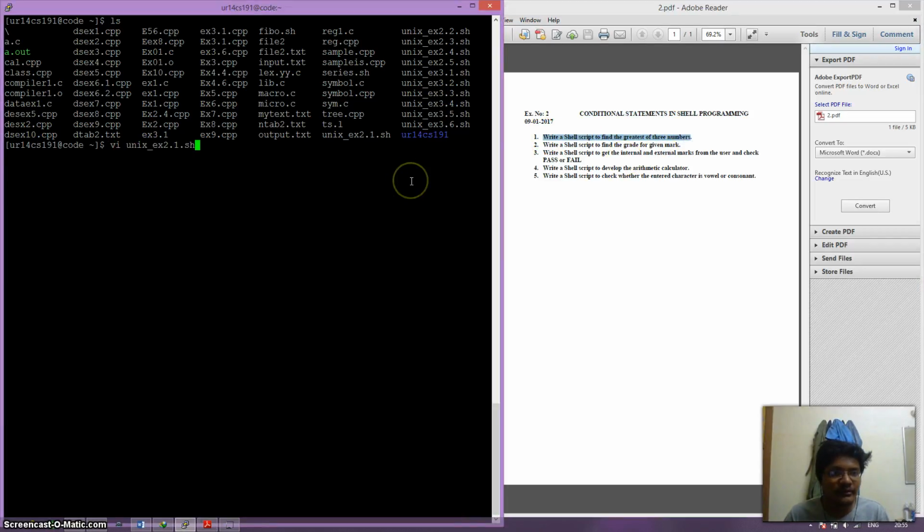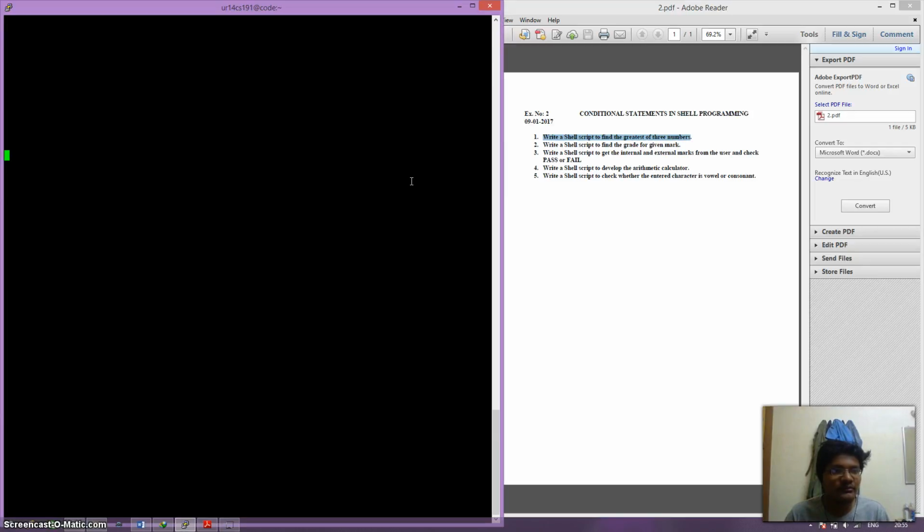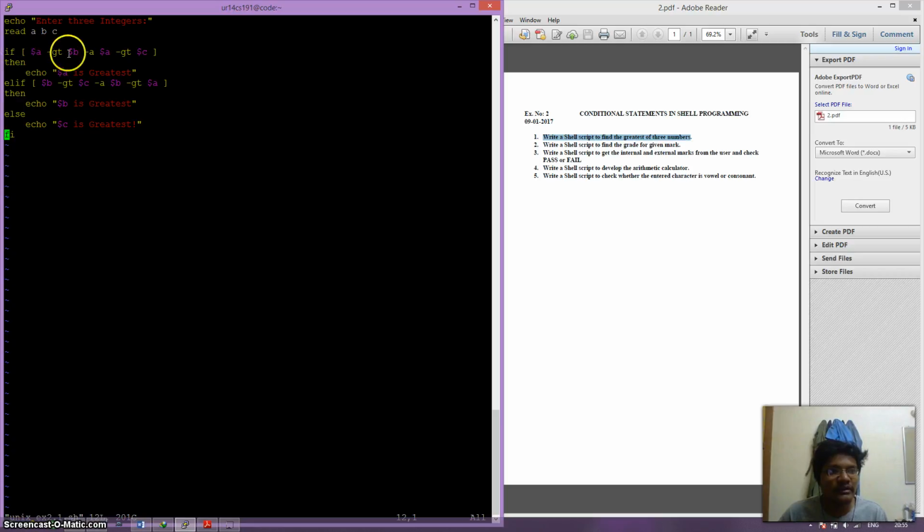To find the greatest of three numbers, we first echo "enter three digits" to get the input from the user, and we write read a b c to get the three values. Then we write the if condition. Within that condition we give a is greater than b and a is greater than c. So if a is greater than b and a is greater than c, we will echo a as the